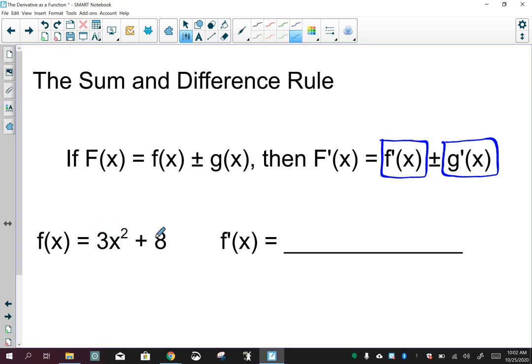So if I'm looking at this over here, I'm going to take the derivative of this first, followed by the derivative of that second. When I take the derivative of 3x squared, that gives me 6x. When I take the derivative of 8, the derivative of a constant is 0. So when I take the derivative of the whole thing, it's just 6x. Because you've got to remember, you're taking the derivative. So you're finding f prime of,